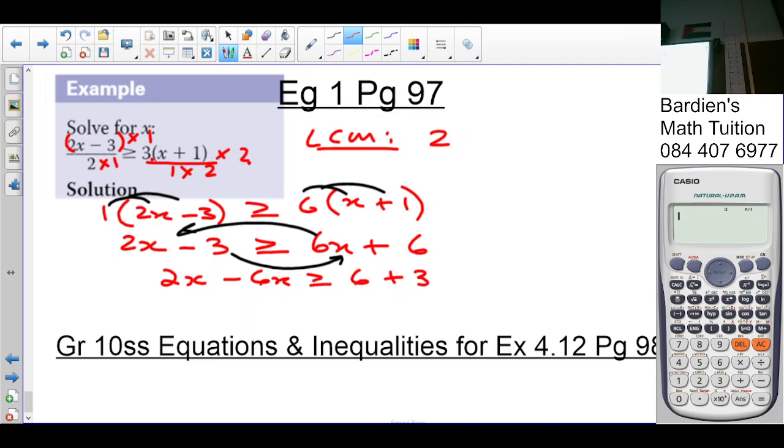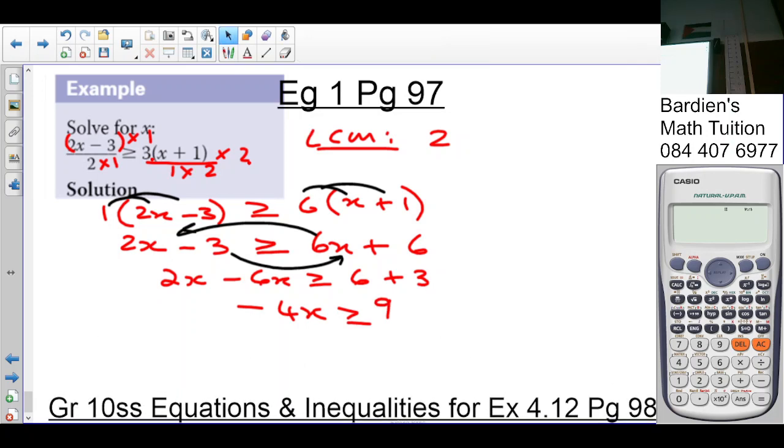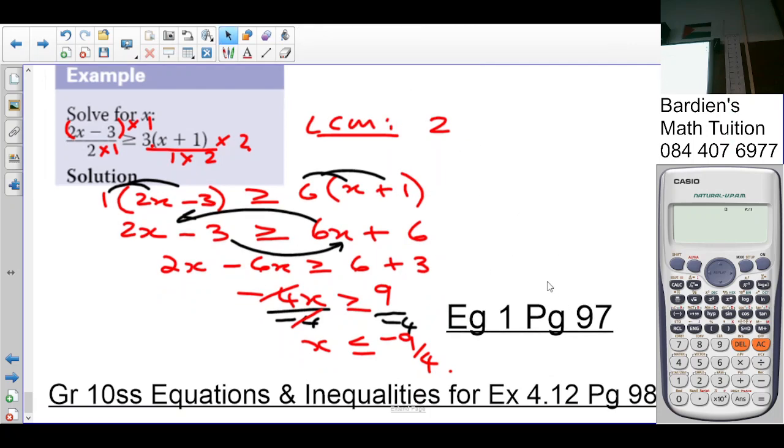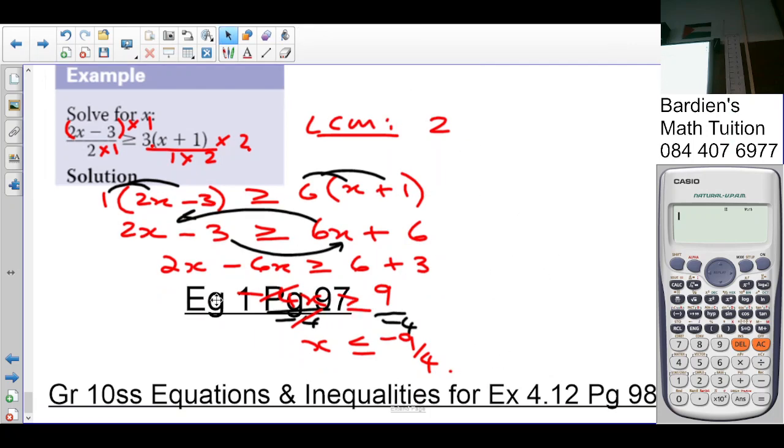So what is 2x minus 6x? Negative 4x must be greater or equal to 9. So what happens now? Divide by negative 4 both sides. The inequality swaps around. Negative 9 over 4. Maybe you guys understand? So if the question is to represent the solution on